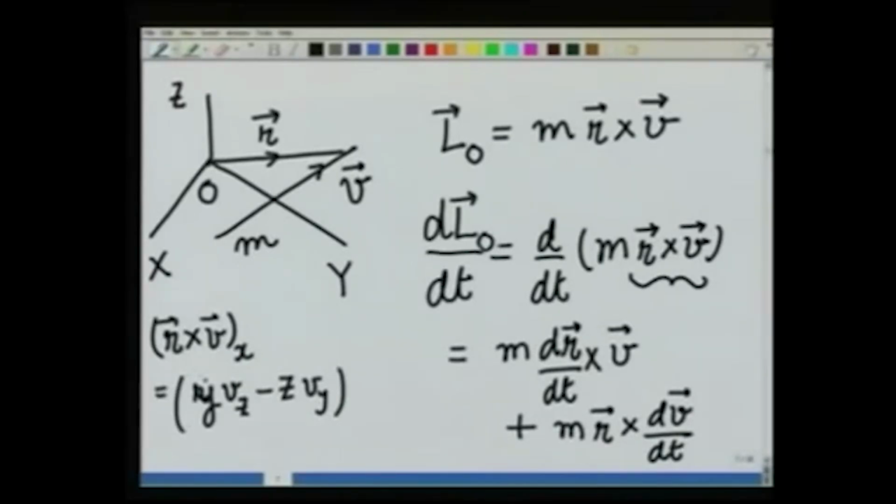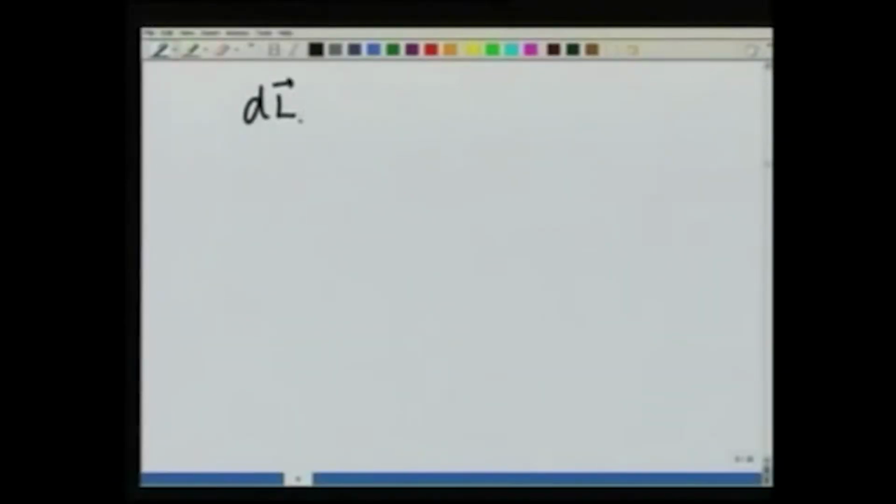Take the derivative and see that finally this emerges. So, the derivative of r cross v is going to be dr/dt cross v plus r cross dv/dt, m is common. So, what we have obtained is dL about O/dt, where let me just remind you that I have an origin O,